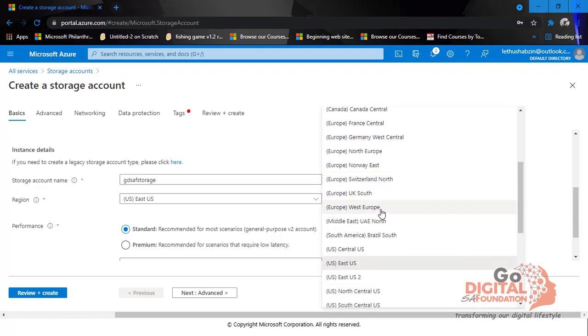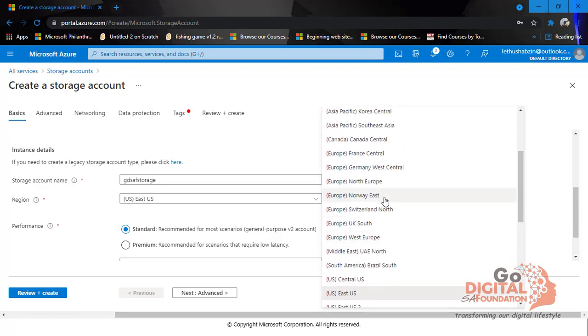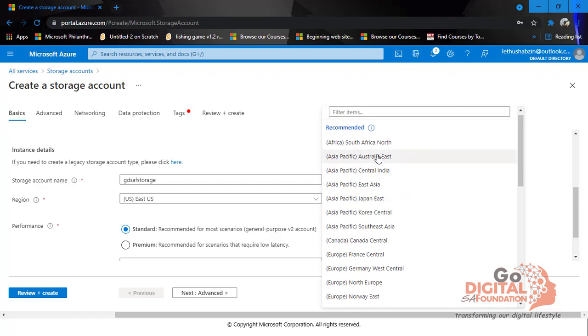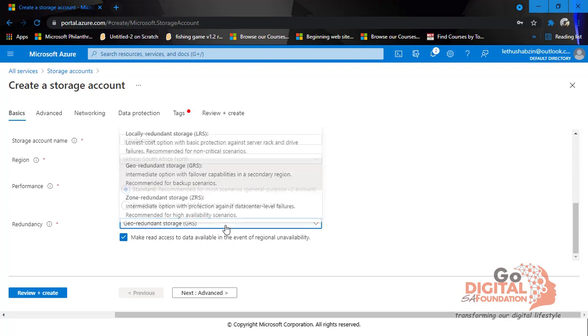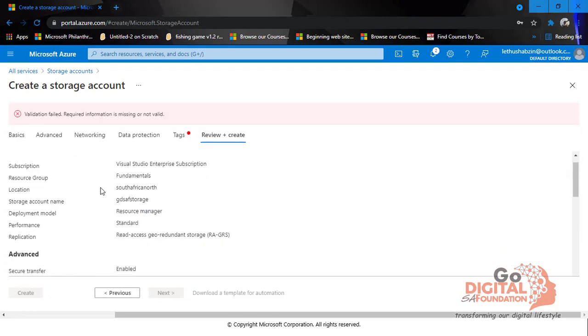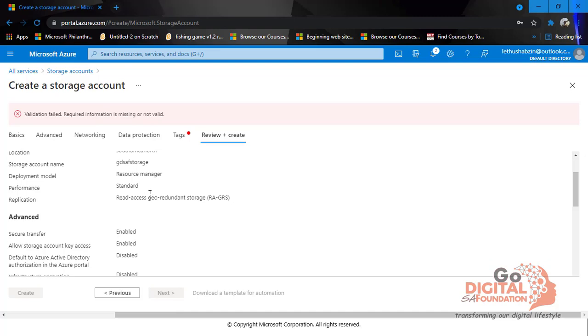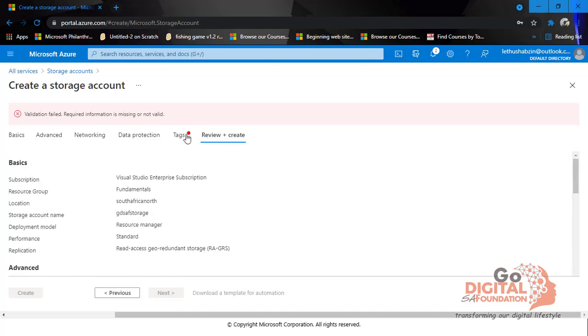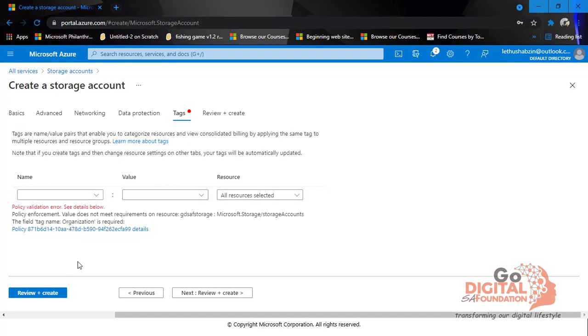South Africa North, and then leave it as standard. Okay, let me just leave it as there, that's redundant, and then say review. So on the review, it will just tell me that the validation failed, required information is missing. So the required information, it just shows me like that red dot, and then I'll have to attend to the missing information. So the name,